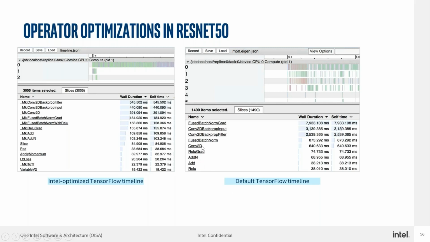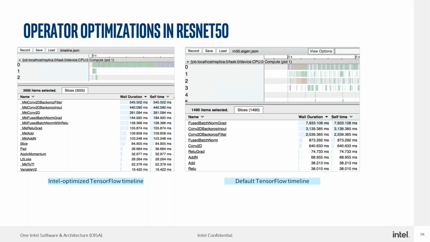For this Conv2D operation, it took like 640 milliseconds, and when this operator optimization is used, the name is changed because MKL is added. The same operation is now MKL Conv2D, and here it took 391 milliseconds. So this kind of operator optimization reduces some time for each operation as an